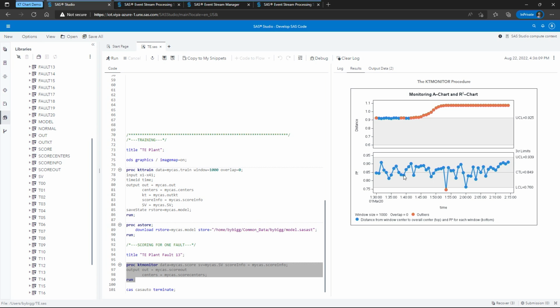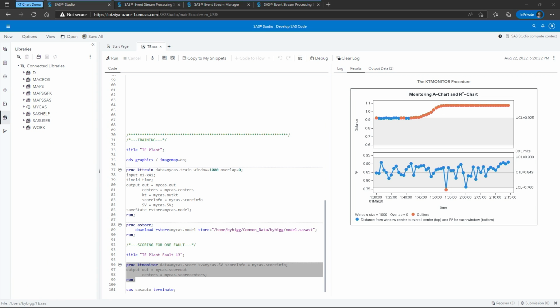And it's about 50, I believe 54 clusters in this fault data. So if we look at the R-squared chart at the bottom, we see that the R-squared values are within the upper and lower control limits essentially. But if we look at the center, we see that as time goes on, the center is drifting away from the center that we generated in the training step earlier. And so we've pretty clearly identified a fault in this data as time passes.